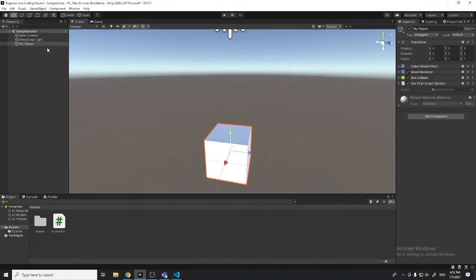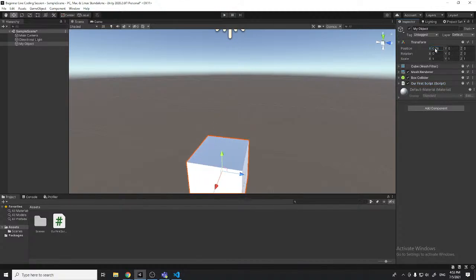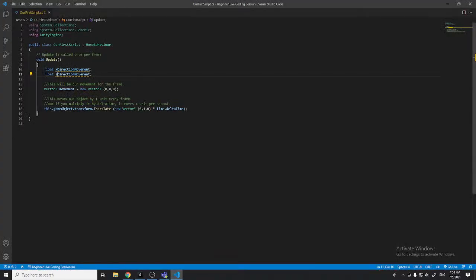All right, so we have our cube, right? We've attached the script to it, and we have the x and z axis, right? So we want to manipulate it using our inputs, the arrow keys on our keyboard. How do we go about doing that? Go back to our script, and on the x float, x direction movement, we set it equal to